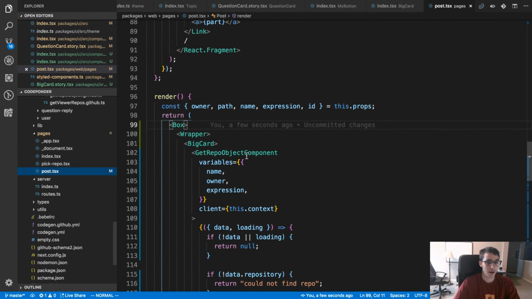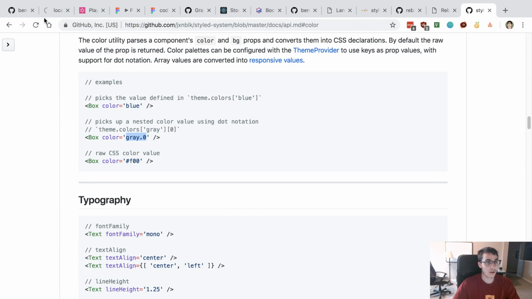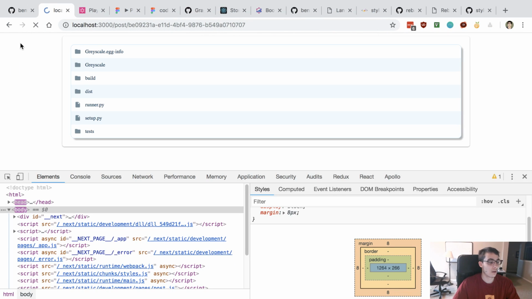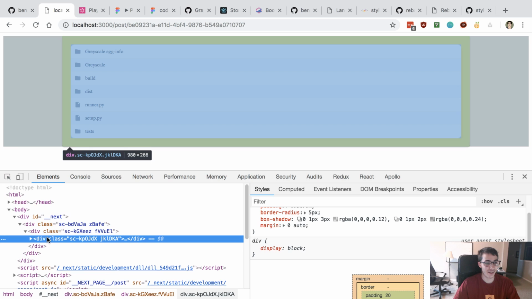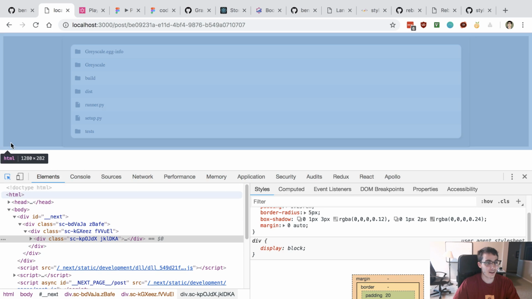So if I want to keep it in an array, then I would access it like this. Like 2, for example. So we didn't set a background color for our thing here, so they're just taking on the color of that.